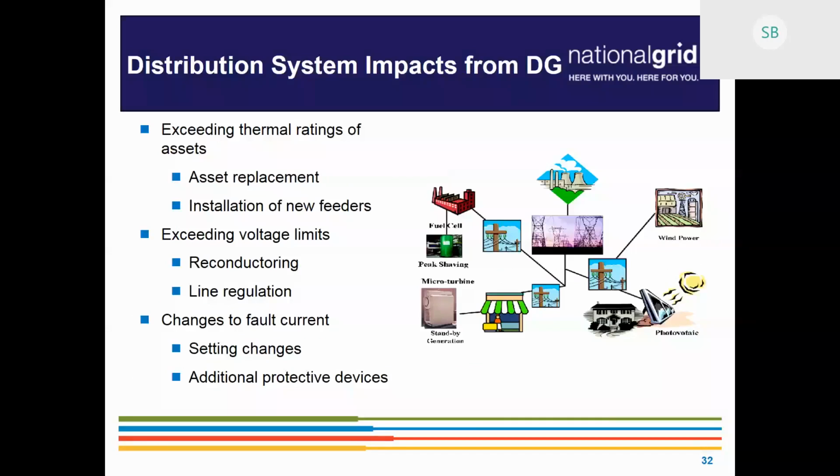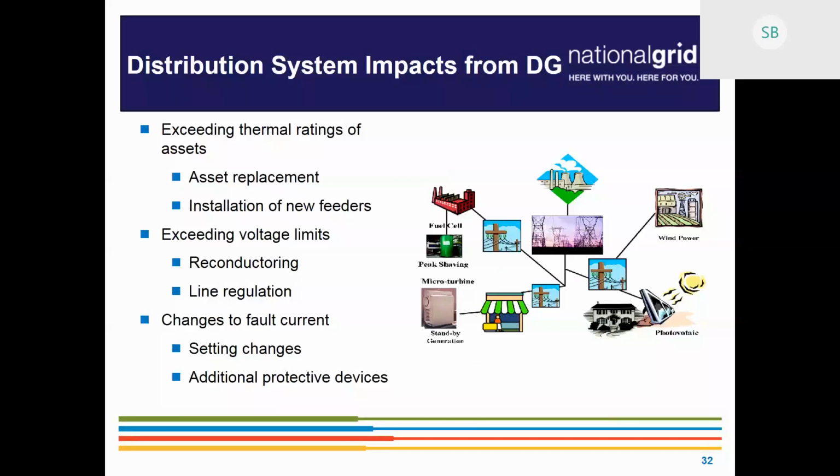And we are always looking to leverage our existing assets the best we can without going straight to, well, let's just throw a new feeder or a new substation in. We don't want to do that because it is more cumbersome for everyone. So we'd rather use what we have out there and make minimal system improvements or modifications because of the DG, but sometimes with the penetration now it's tough.